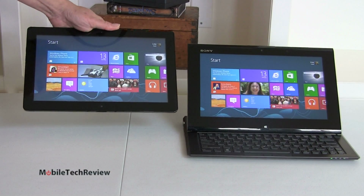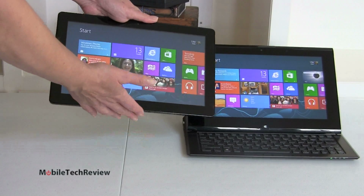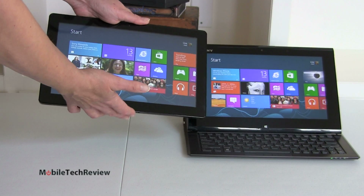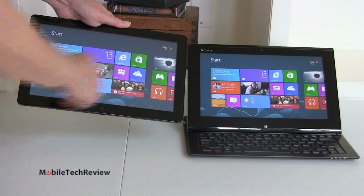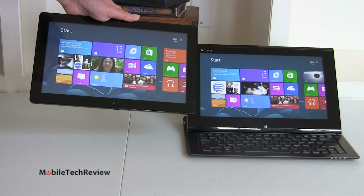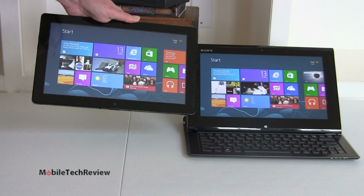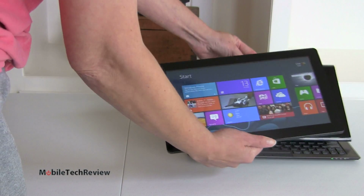And here we have the 11.6-inch Samsung Series 7 slate. Again, this came out last year and it was used as a development platform for Windows 8, but graphic artists bought it up like crazy too, because this has a Wacom digitizer. 11.6 inches, just 1366 by 768, and the Samsung Active, which is this year's Windows 8 model, is the same resolution. So you're looking at a lower resolution product there,